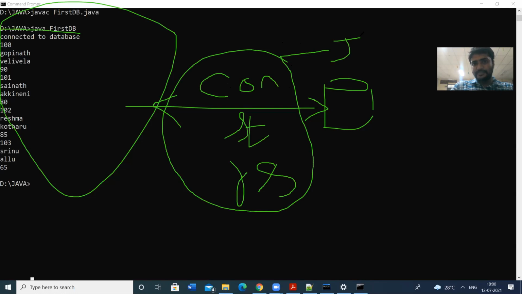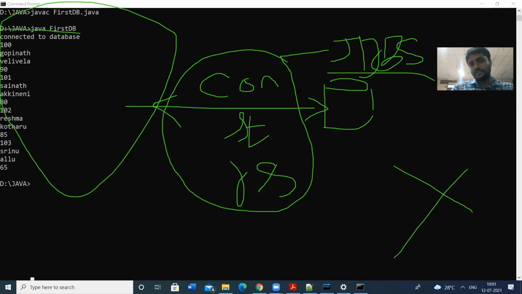All these things are available in the JDBC driver. If you have the JDBC driver, this is possible. Without the JDBC driver, we cannot perform anything. That's why we need the JDBC driver, and we have to give its path. Then only this will happen. To achieve this, we need the URL address of the database. After that, we need the username and password of the database. Then only we can access that database. So this is all about the basics of JDBC connections.